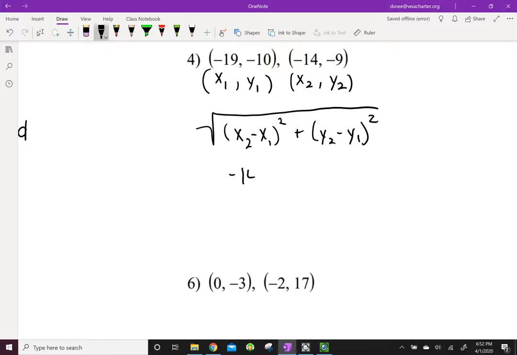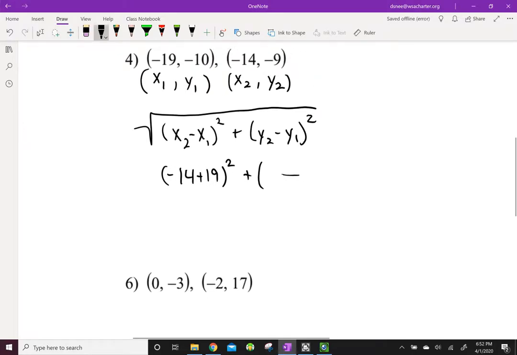So negative 14 minus negative 19 is plus 19. So I'm just going to change that right away. And then plus, let's see, y sub 2 is negative 9, right? Negative 9 minus y sub 1 is negative 10. So I'm actually adding 10 there. So what I have here,